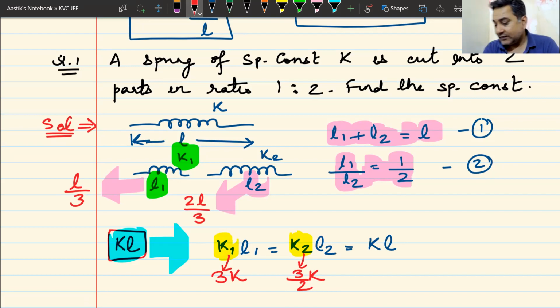We are doing springs, and in the next class probably we'll be doing one or two problems on series and parallel combination of springs, so that is also done, and you will not face problem in the chapter of SHM. So we'll do that, and I'll wind up today's class here. The thing that we had to do today we have already covered. The next class we'll move ahead, and I hope to see you there.